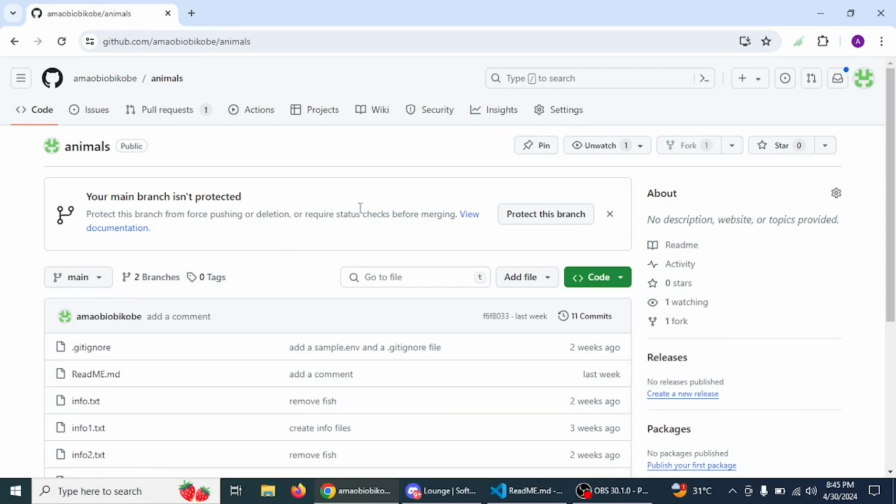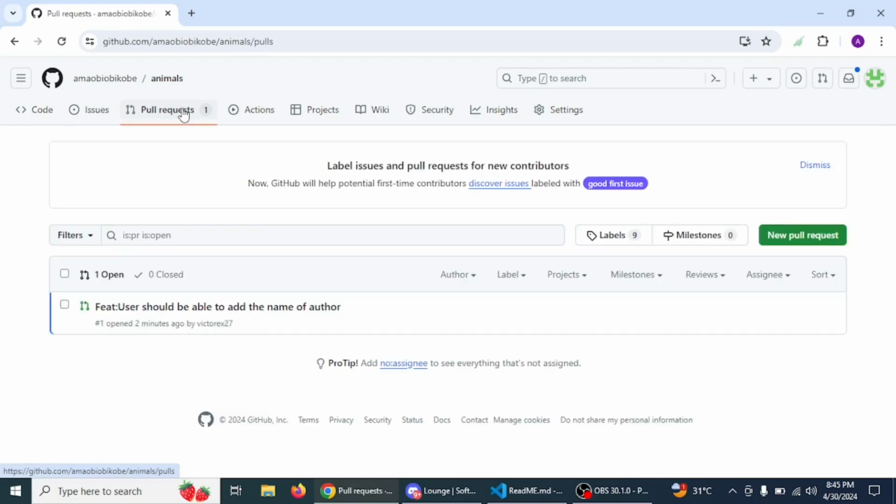Let's forget about this for now. So where I want you to go to is in this top corner here. You can see code, issues, pull request. I want us to click on pull request here. So this is the owner of the project. This is the owner of the main project that we're working on, and you can see that he can see that this project has been forked once, right? So I can click on pull request here, or you need to click on pull request, and then you